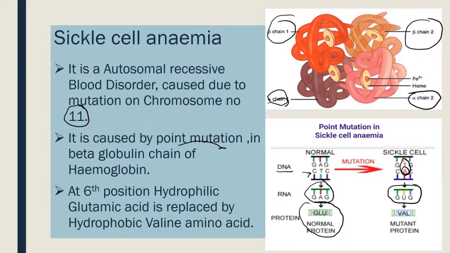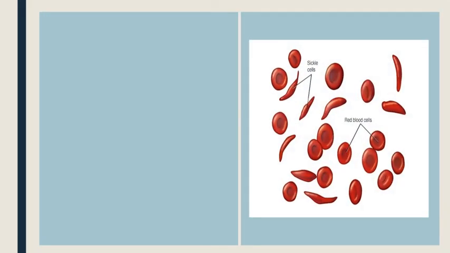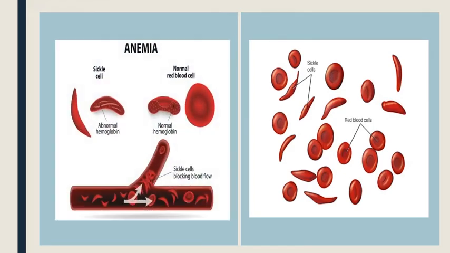hemoglobin structure changes. This result in, now look at this picture. There in the picture you can see these are normal RBCs, biconcave enucleated structures. But when there is change, when there is mutation, point mutation on the autosome number 11, the shape of the red blood cells it change, it becomes sickle shape. Sickle मराठीत आपण विळी म्हणतो. Sickle shape cells occur. What happens if there is sickle celled shape of the RBCs?